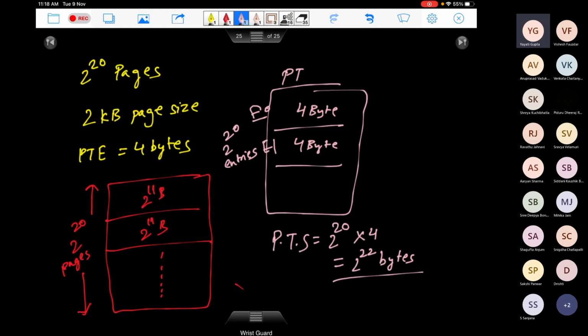So how many levels will you need anyway? How many levels of page table will you need here? Will 2 suffice or will you need more?